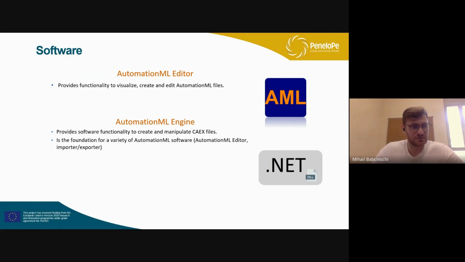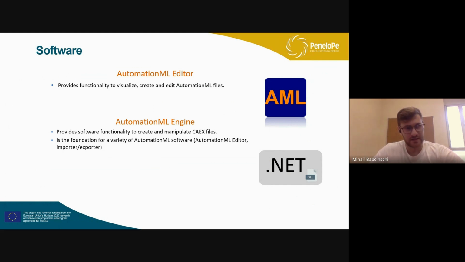And you can use it to develop your own solutions, your own tools, using Python programming or C# programming, for example. And C# was what we used to develop customized solutions for creating these Automation ML